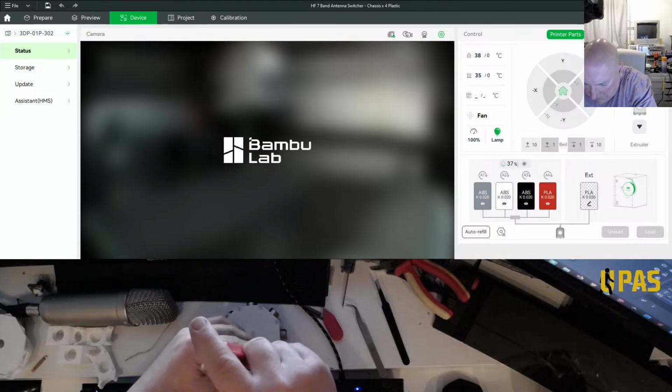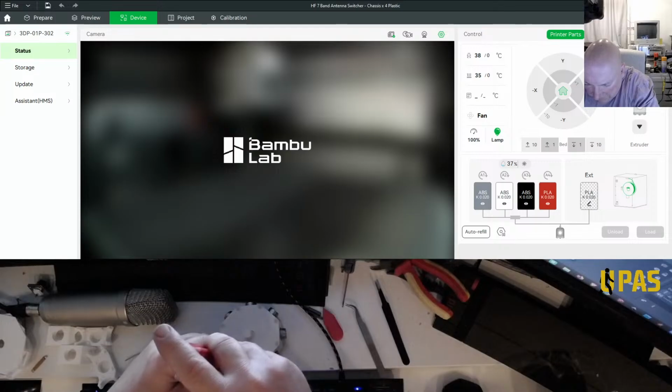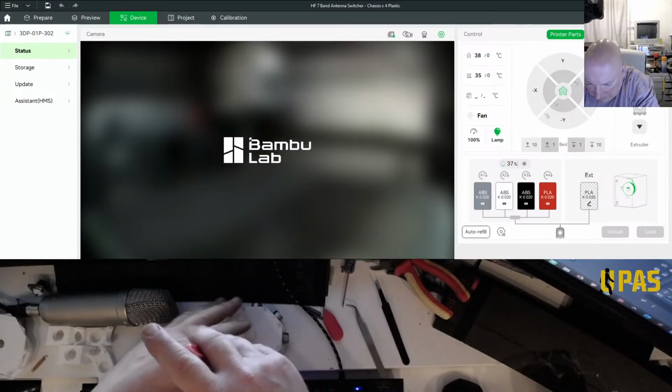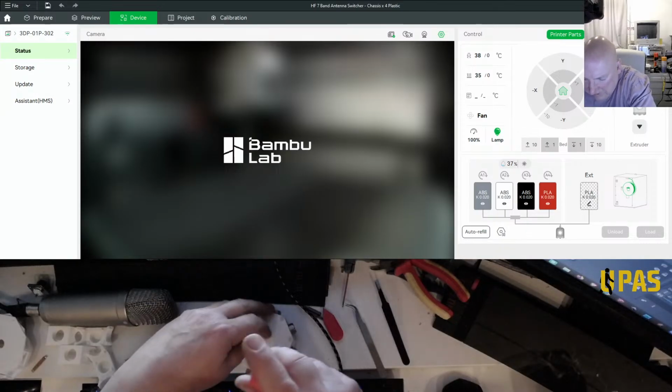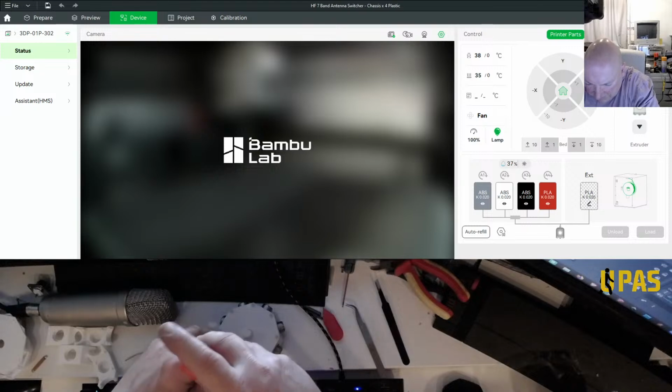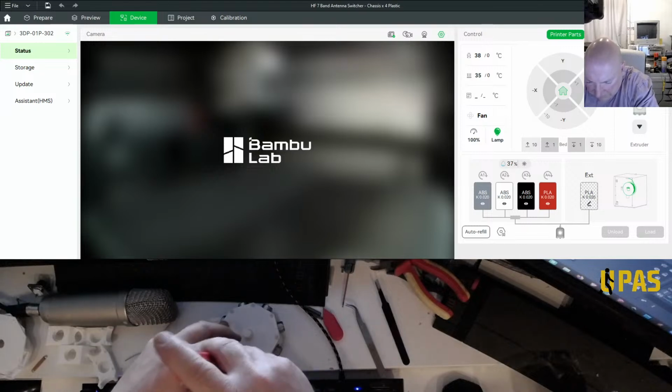So in that case, I think I'm going to buy a pack of 10 PLs with the adapter, the reducer. Take the reducer out, throw that away.